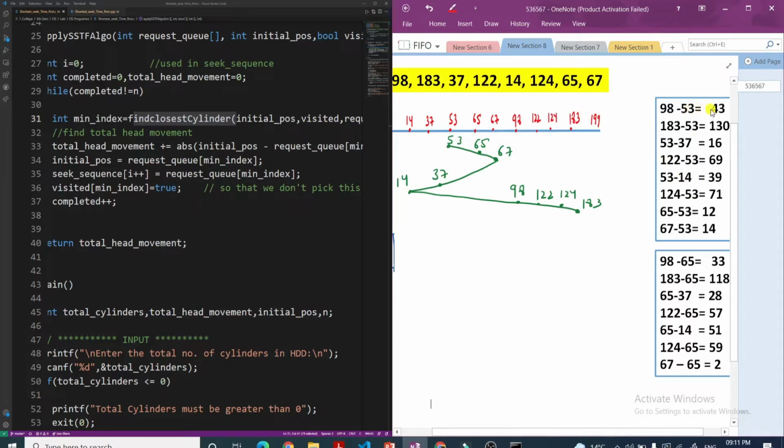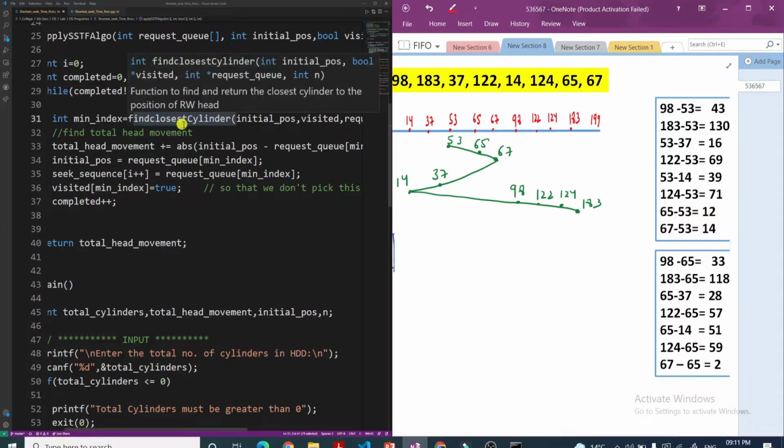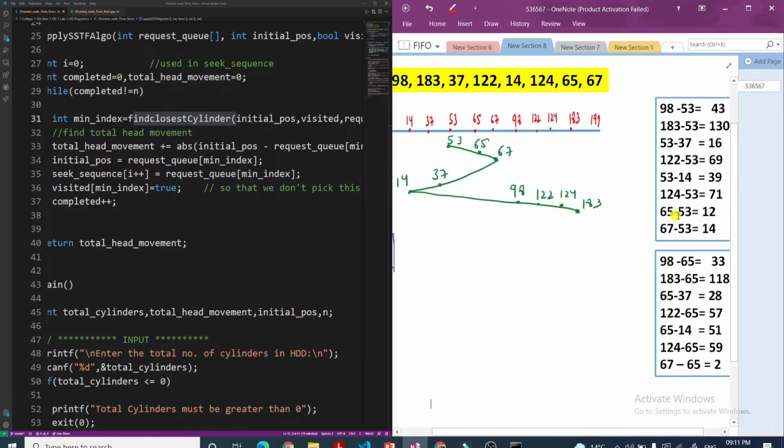These were the distances. Out of all these distances, which is the minimum? You can say 12 is the minimum, that means from 53, 65 is at the minimum distance. So find closest cylinder will return me the index of this 65, not 12.